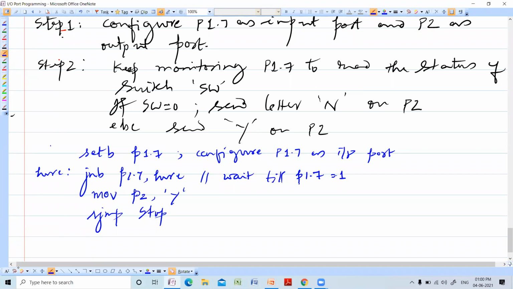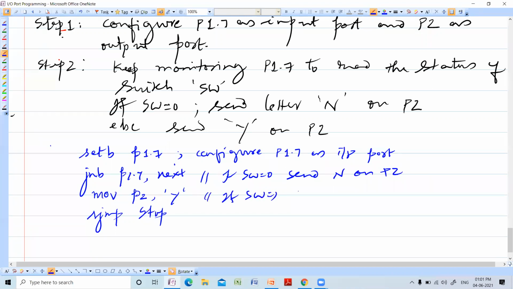So if SW is equal to 0, it should not wait actually. JNB P1.7, next. So if SW is equal to 0, send N on P2. If SW is equal to 1, send Y on P2.